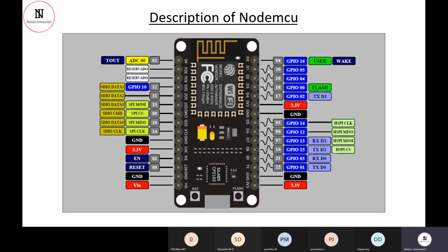If a single cell battery is providing the power and the board is working 24 by 7, even though it's only sending values after 6 hours or 5 hours, it will be drained out in 2 to 3 days. And if we work with the deep sleep functionality, you can work up to 7 days, 8 days, 10 days. It depends upon the availability of your sensors as well. So this is the power of Node MCU.